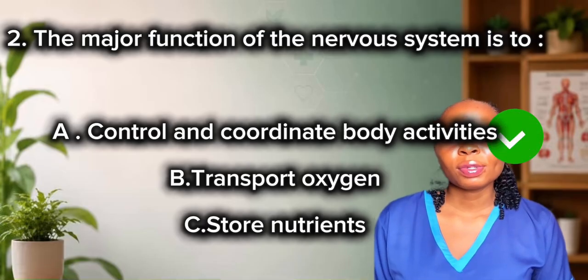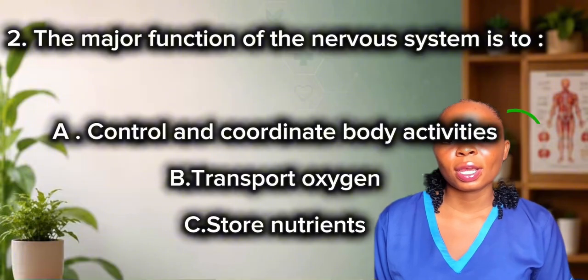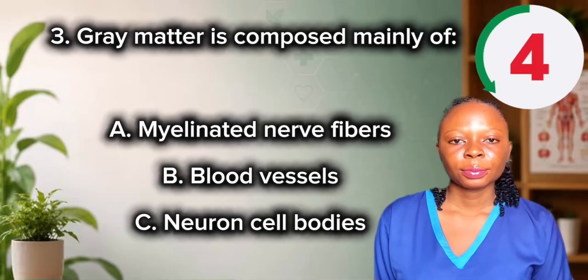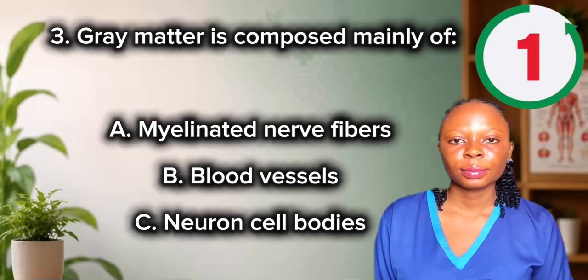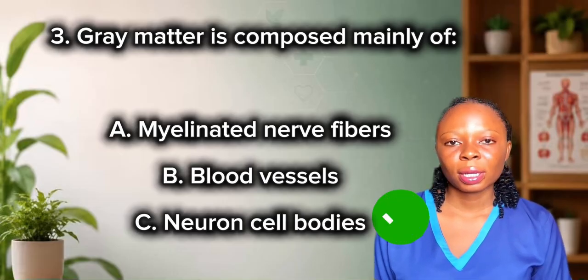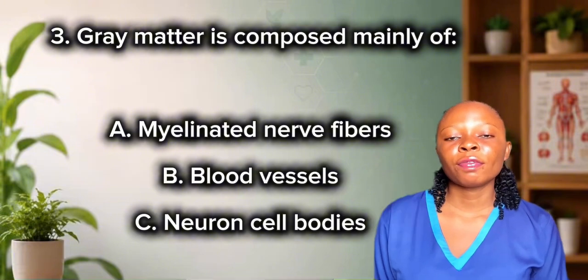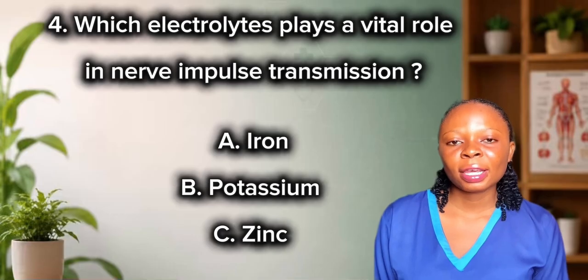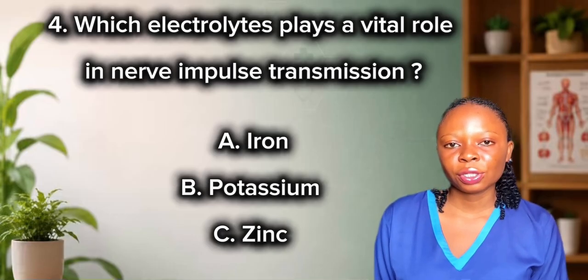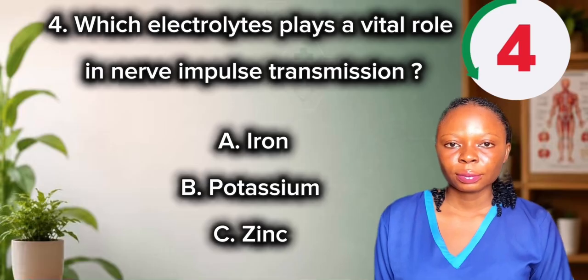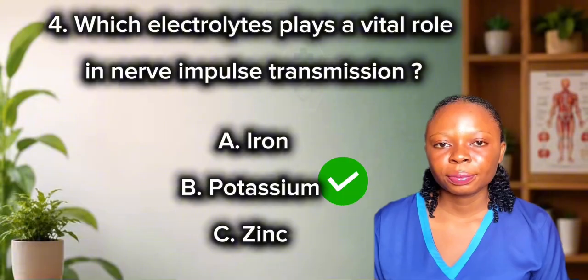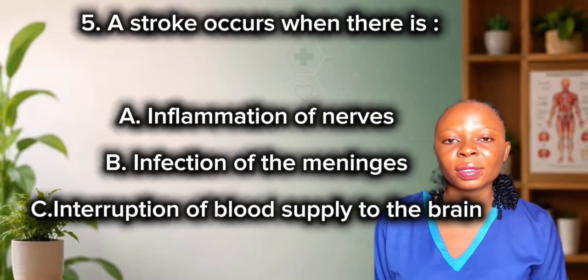The nervous system receives, processes, and responds to external and internal stimuli. Gray matter is composed mainly of neuron cell bodies. Gray matter consists of neuronal cell bodies and dendrites. Which electrolyte plays a vital role in nerve impulse transmission? Potassium. A stroke occurs when there is